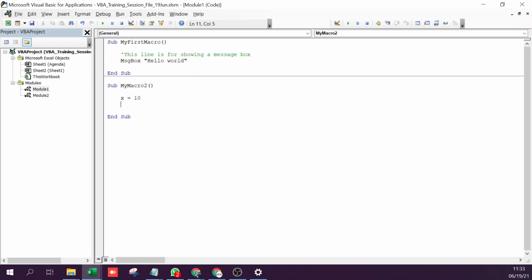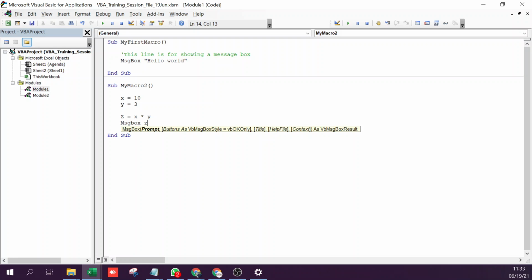I'm giving x the value 10. Then I'm giving y the value 3. Then I do z equals x multiplied by y. So the value of z would become 30.